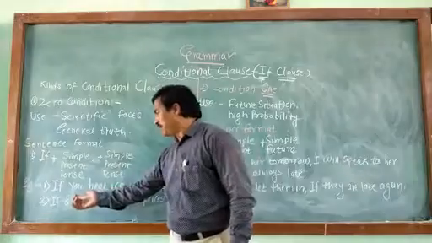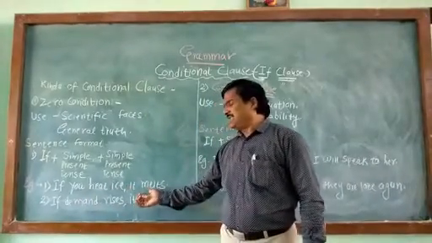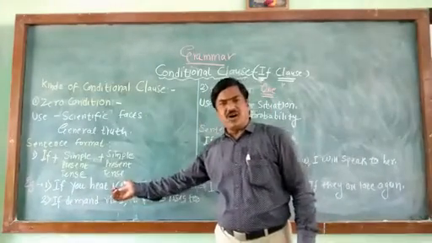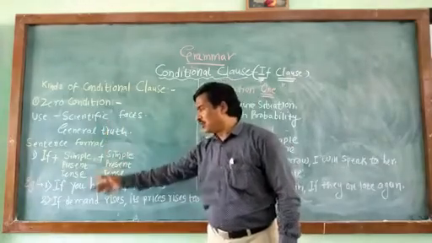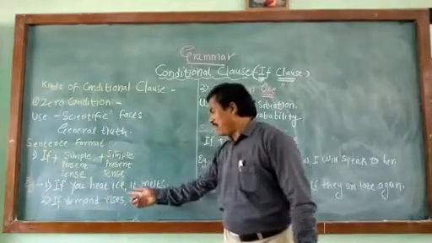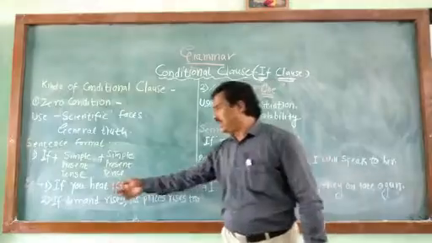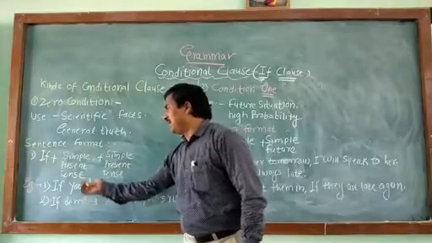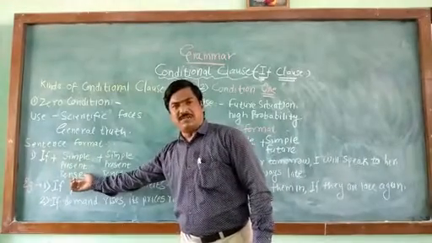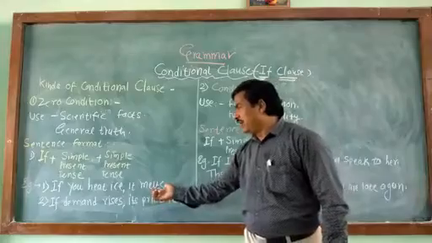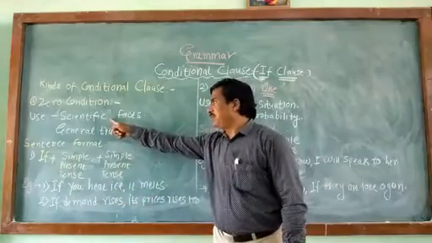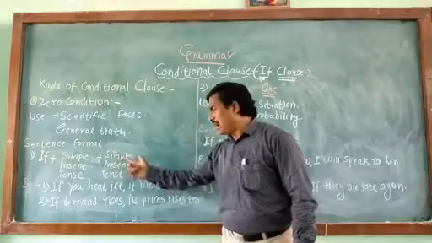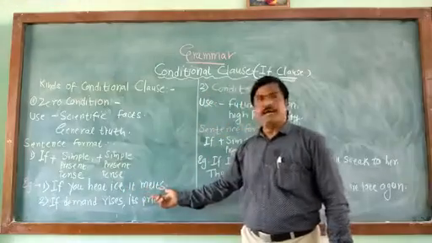Take an example. If you heat ice, it melts. Heating of the ice is a scientific fact, a scientific truth. So, if you heat ice, comma, it melts. Here, you heat ice is simple present tense. Again, comma, it melts. This is the result of heating of the ice. This is a scientific fact or general truth, again expressed in the simple present tense.